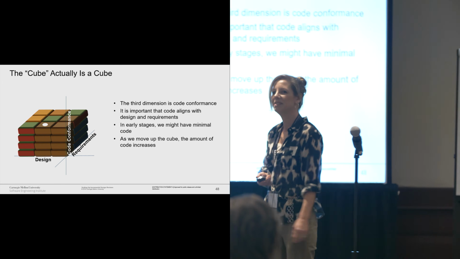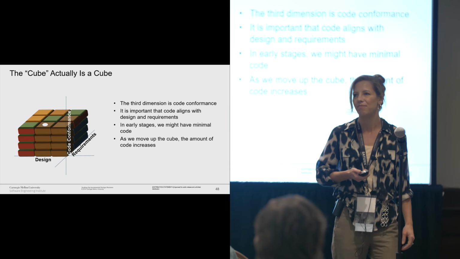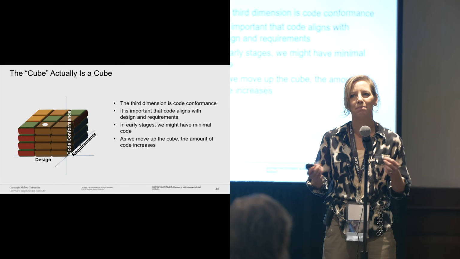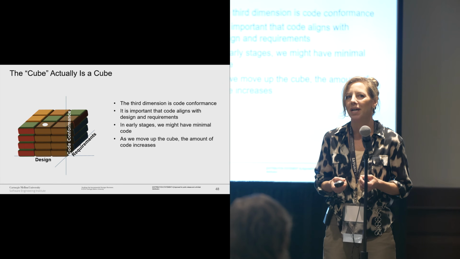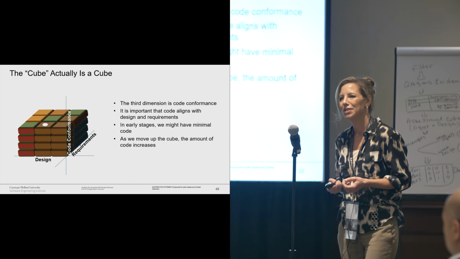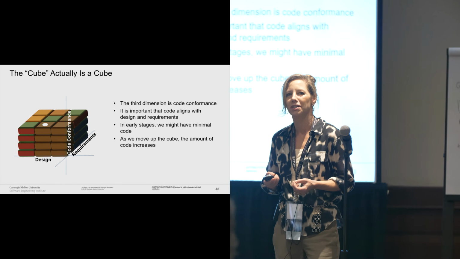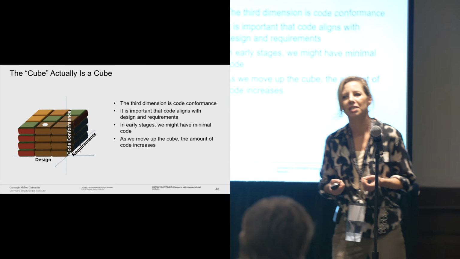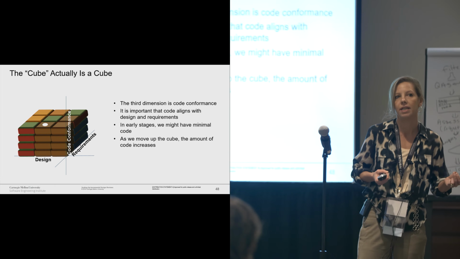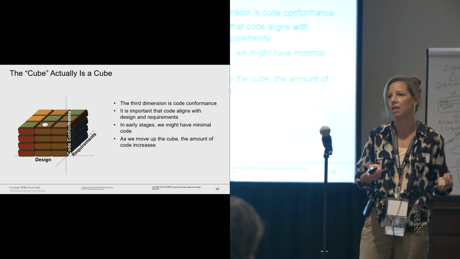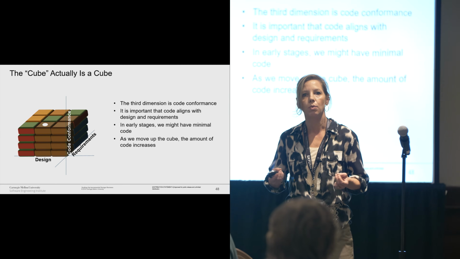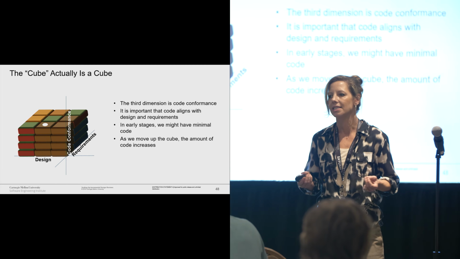All right, so you might have noticed that Felix was talking a lot about a cube, but actually kind of just showing you this matrix. And so where I pick up here is to tell you that the cube is actually a cube. There is actually another dimension that we are concerned with. So in addition to being concerned with making sure that the requirements are concrete enough, the non-functional requirements are concrete enough, and that the design artifacts' evidence is adequate to do some kind of risk analysis, we